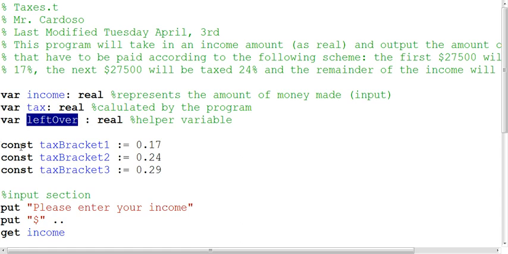Now we've got these consts things. We've never actually talked about const before, so this is a good moment. Const is actually a short form for constant. Okay, so they're very similar to variables, except they can't be changed. So if I say const tax bracket 1 colon equals 0.17, and then I try down here and I say tax